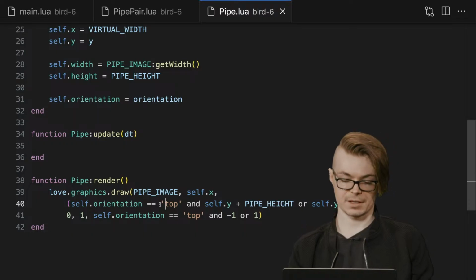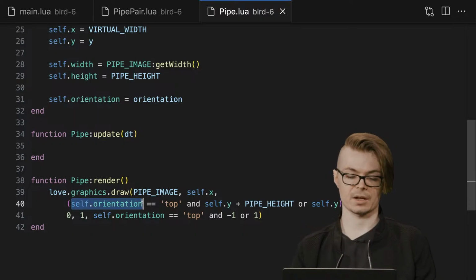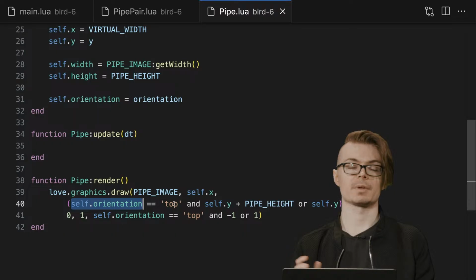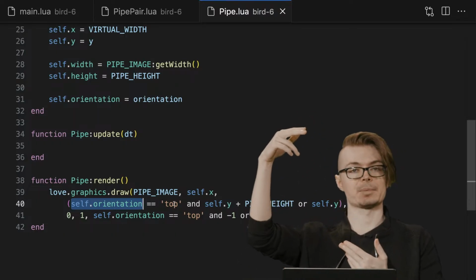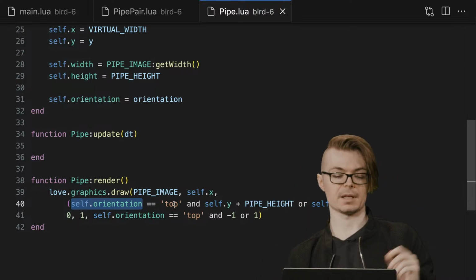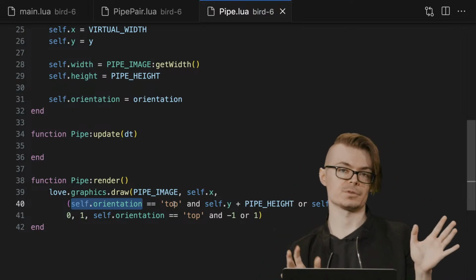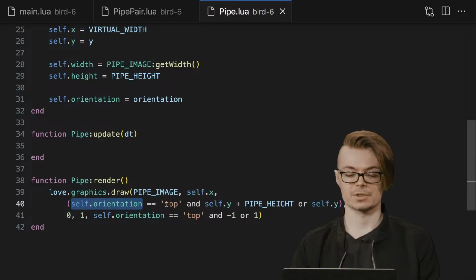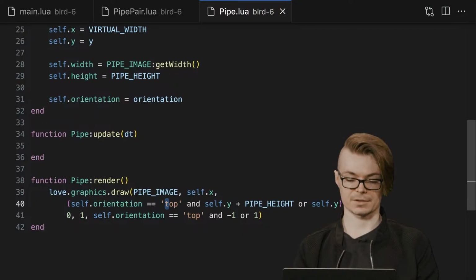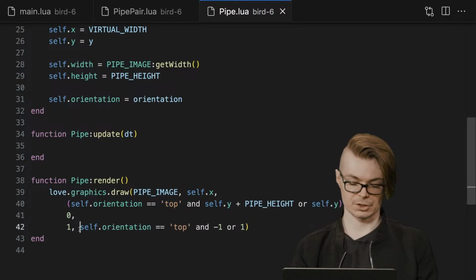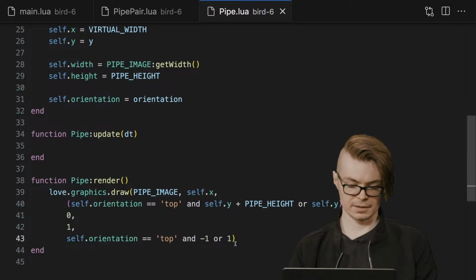But the interesting thing here is that we're going to do a check on our orientation to determine the way that we flip, whether we should flip our pipe. And the way that we do that, interestingly, in Love2D and in a lot of graphics contexts, is we're going to apply a negative scale factor. And so this might look like a lot of details here. I'll go ahead and just kind of individually new line these maybe for illustration. But essentially what this is